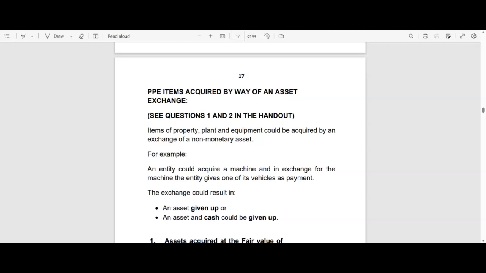We are able to use our default method. So we are going to determine the purchase price of the new asset that we are acquiring, but by what we pay for it. So what do we pay for it? We are paying for it by means of the fair value of the asset given up, but in this case we have to estimate the fair value by using its carrying amount. So the carrying amount becomes our estimate of its fair value, and then we use that estimate of the fair value of the old asset to determine the purchase price of the